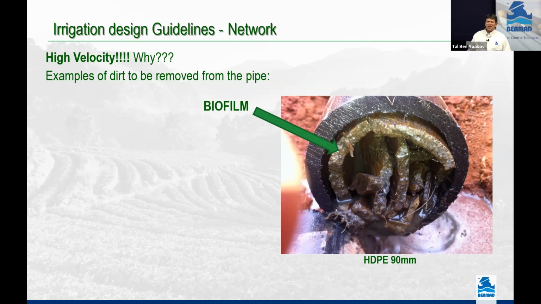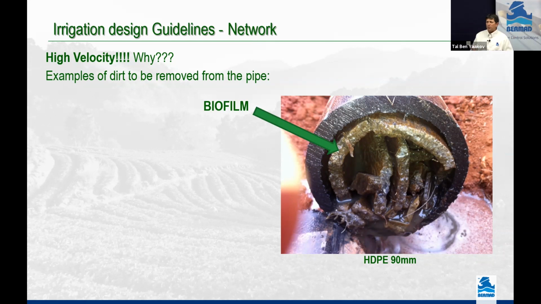This is just a very good photo of what biofilm that accumulates in the pipe looks like. You can see it's very small parts that just stick one to another and continue to grow, because it's like a living tissue. And when it gets to the point that it's fixed, it's very hard to take it out. Our only solution is to insert a pig that you put inside the pipe and take it away.